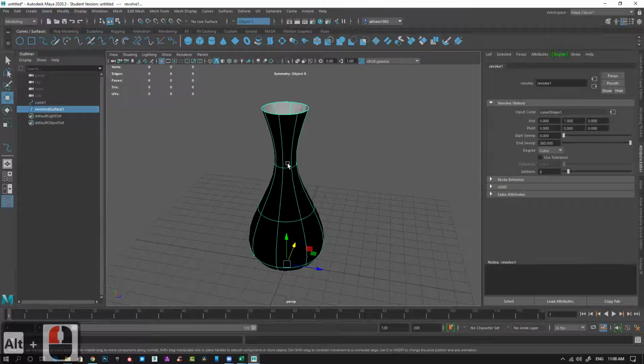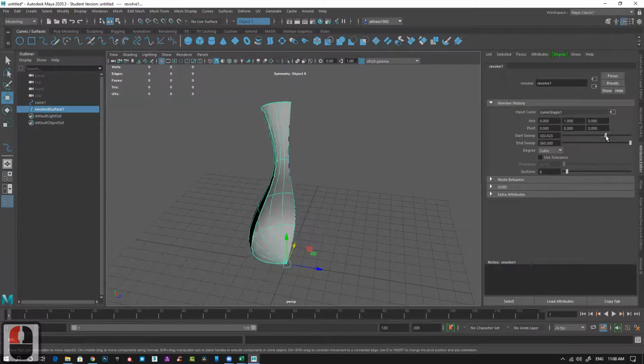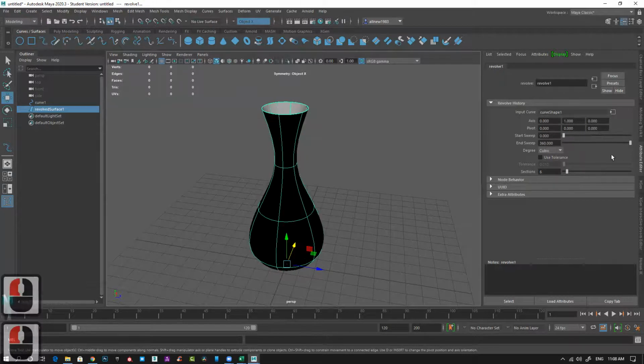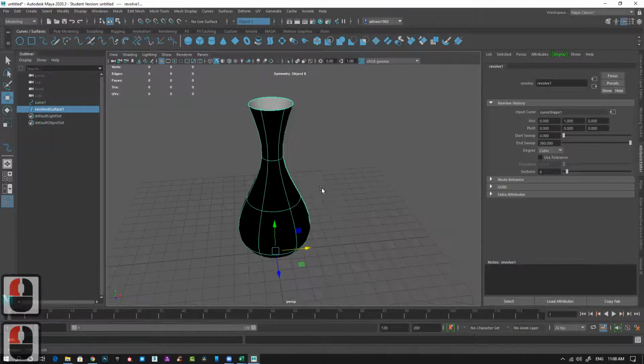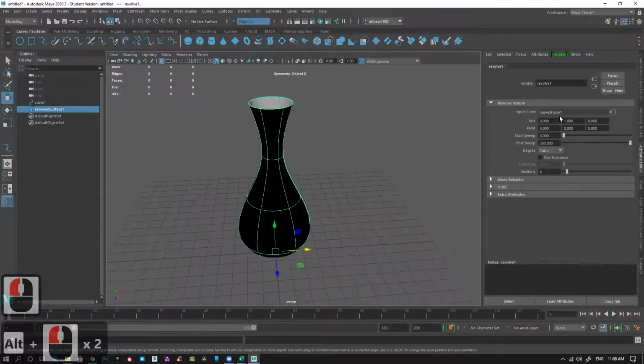Let's see, the outside exterior is black and the interior is white. That means it is flipped, so you need to fix it. You can modify sections, start point and end point, which is something you also have in Max, exact same thing.